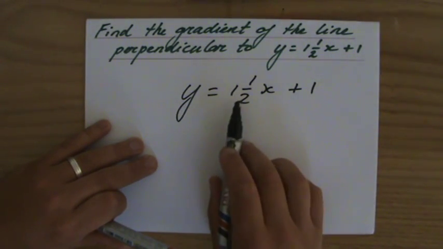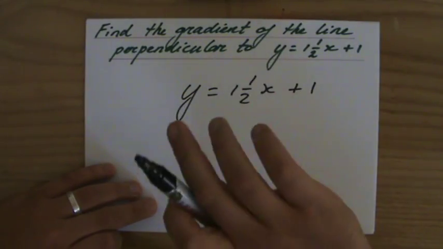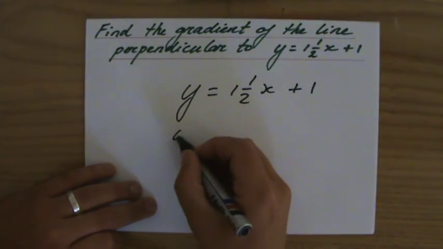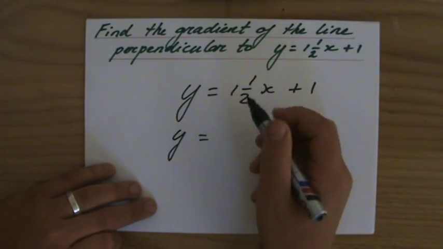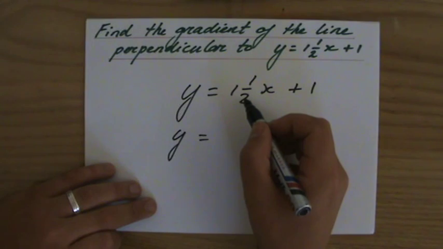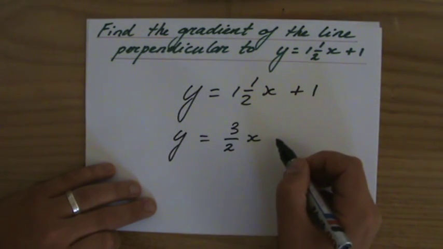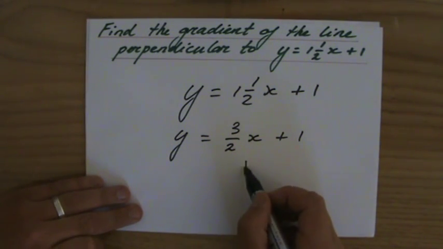So I have to take the reciprocal of its gradient, but this is a mixed number. So I had to turn that fraction around to find the reciprocal. It is a very useful idea to turn that into a top-heavy fraction first. 1.5: 1 times 2 is 2, plus 1, so there's 3 over 2 x plus 1. Now that one is going to be